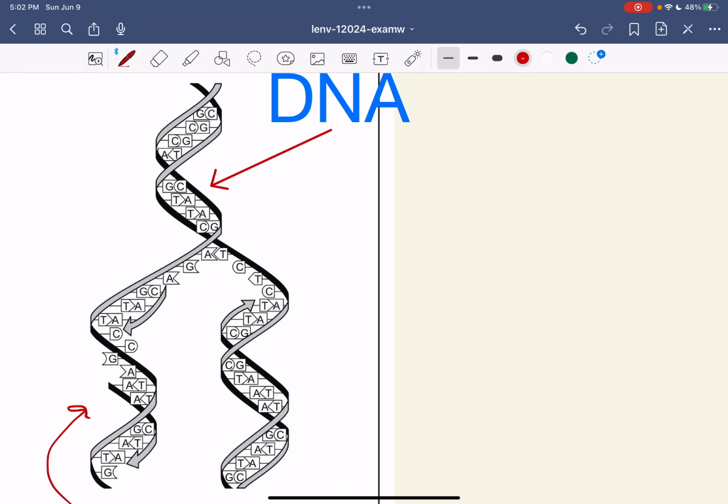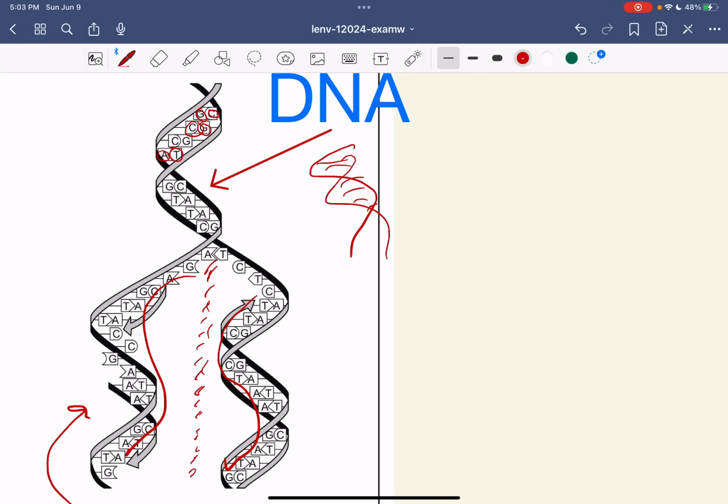Before you even read anything, what is happening with this DNA molecule? We know it's DNA because DNA always has that spiral look to it, like a spiraled ladder. We have codes here. We have C and G and A and T. Those are the nitrogenous bases. So what's happening here is that this DNA strand is unzipping, and as it's unzipping, it's making a copy of itself. So this process happens during protein synthesis.